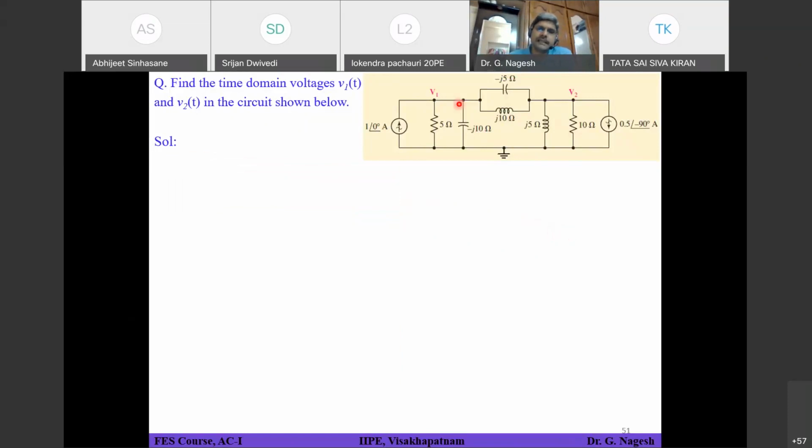You can reduce this parallel combination, or you can straight away apply your equation. Can anyone say, without reducing, what the nodal expression at V1 would be? Minus 1 at an angle of 0 degrees. Next, plus V1 by 5. Plus V1 by minus J10. Correct. Next, plus V1 minus V2 by